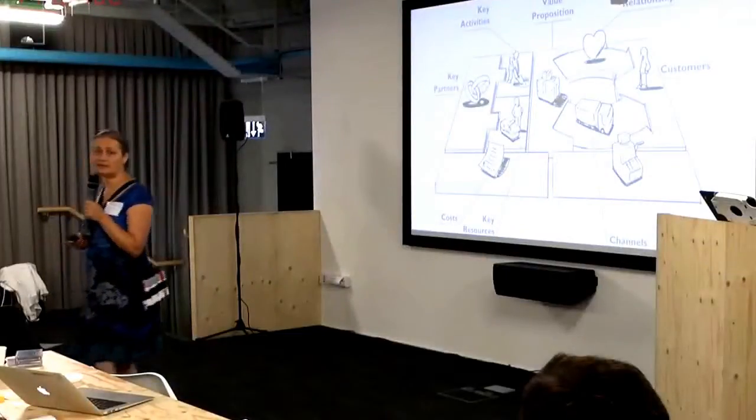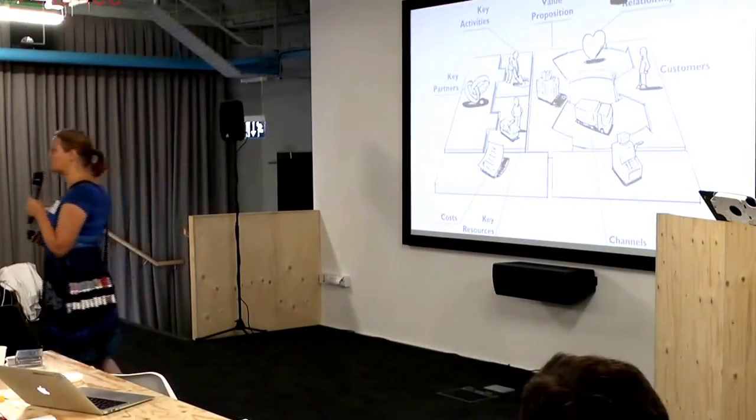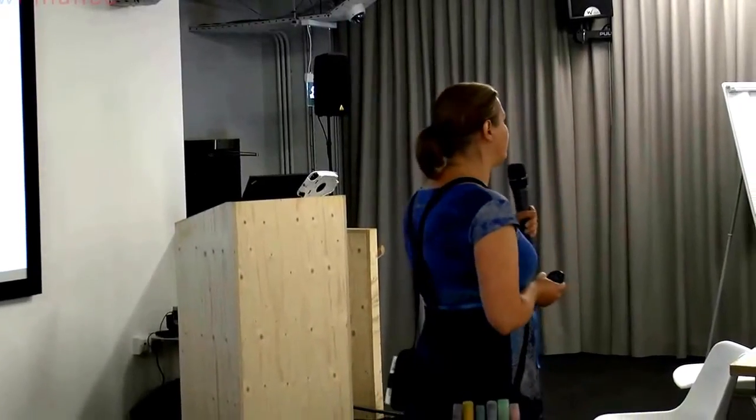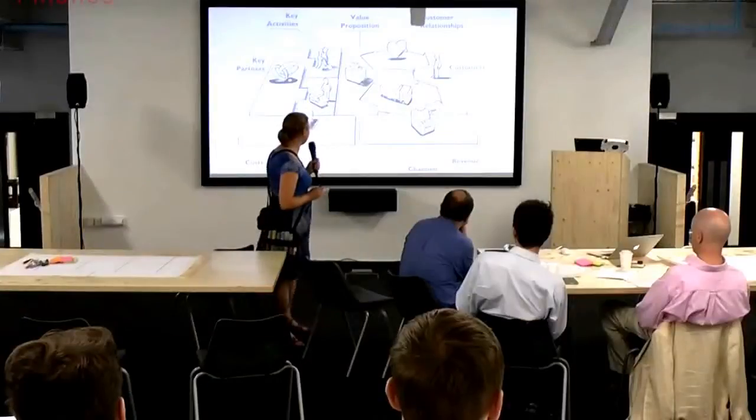So, example, Amazon is probably one of the best known, very, very dramatic examples of different segments. They have one segment of customers, which is you and me, buying stuff online from them. And they have another segment of customers, which is totally different, which is corporate clients who buy computing services from them. Two totally different value propositions delivered in very different ways, serving two very different groups. That's what is called a segment.